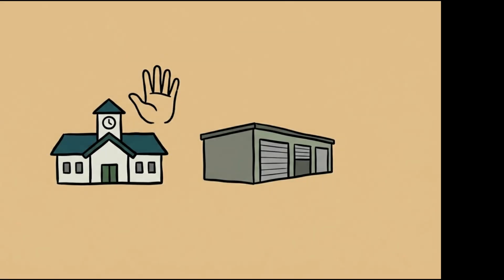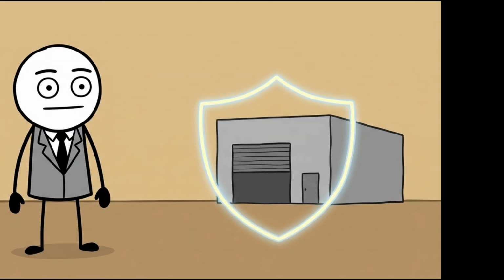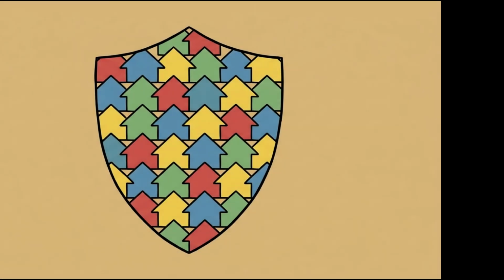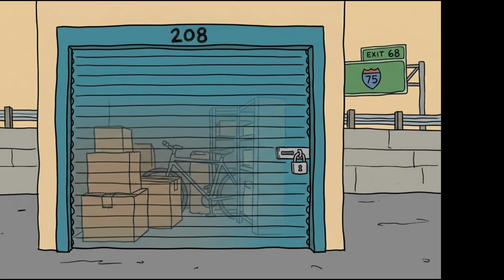Which means, ironically, that the towns most resistant to approving new facilities are often the ones where existing operators enjoy the strongest pricing power, protected less by anything they built, and more by a neighborhood association that doesn't want to look at their competition. So when you add all of this up, a storage facility was never really in the